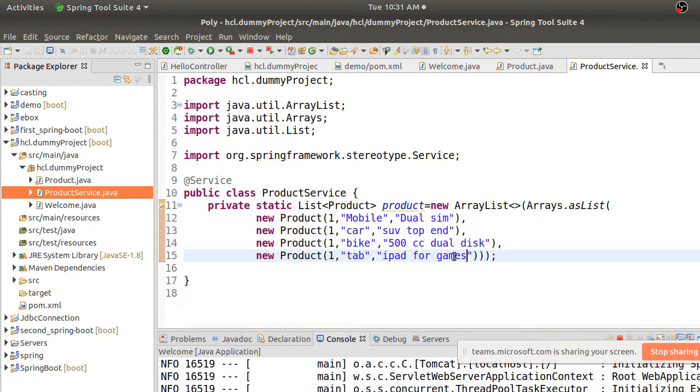Some description I have randomly given. So this is static data which I'm creating.